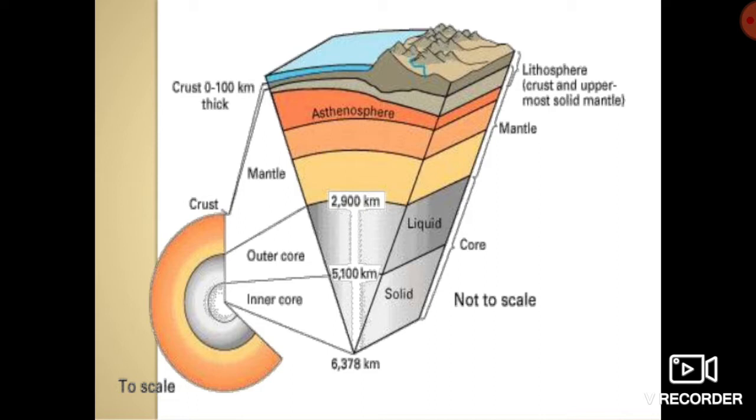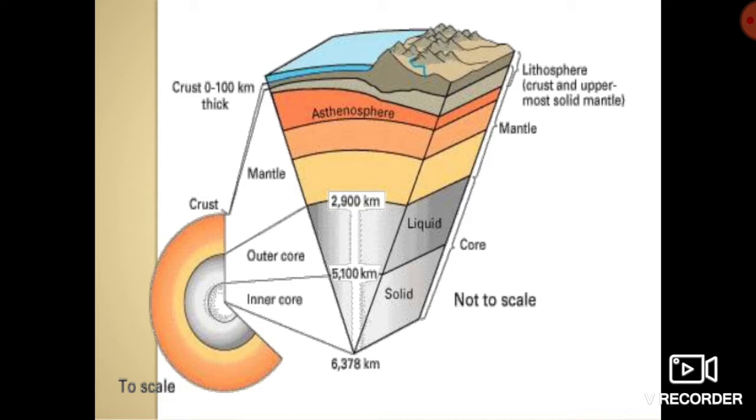Just below the lithosphere lies the asthenosphere. Asthenosphere is the molten part of the earth, or you can say the magma chamber, through which lavas are outpoured through volcanic eruption. Just below the asthenosphere also lies the lower mantle, and the yellow color also represents the mantle. It has a depth of 2900 km from the surface of earth, and the next layer, that is the core, is again divided into two parts, outer core and inner core.